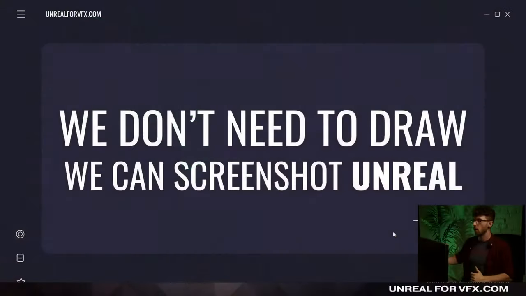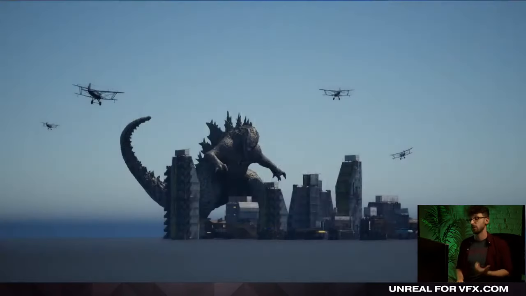So the good thing, though, is that to recreate this process, it's even easier if we use Unreal Engine. So we don't need to draw, we don't need to be an illustrator to do this like they are at Pixar. Although if you are, that's great too. But we can just screenshot our viewport in Unreal and get the same exact result and do it way, way faster. So this is the new approach that I took on this Godzilla film. So this is the very beginning of just getting the basic raw assets in the scene, the helicopters, the first buildings, Godzilla himself, and just starting to map out what this movie could be and trying to keep it creative.